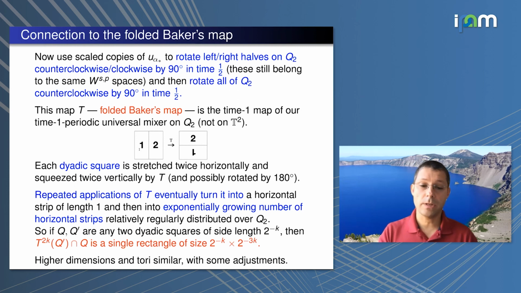And you find out that if you apply the map a certain number of times, let's say 2k times, to a small dyadic square of size 2 to the minus k, then its intersection with any other dyadic square is going to be a little rectangle of size 2 to the minus k times 2 to the minus 3k. So that means